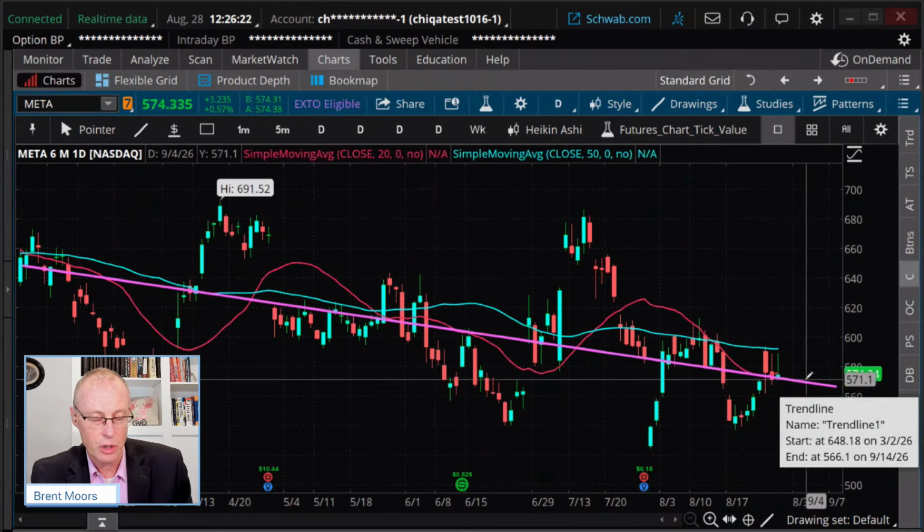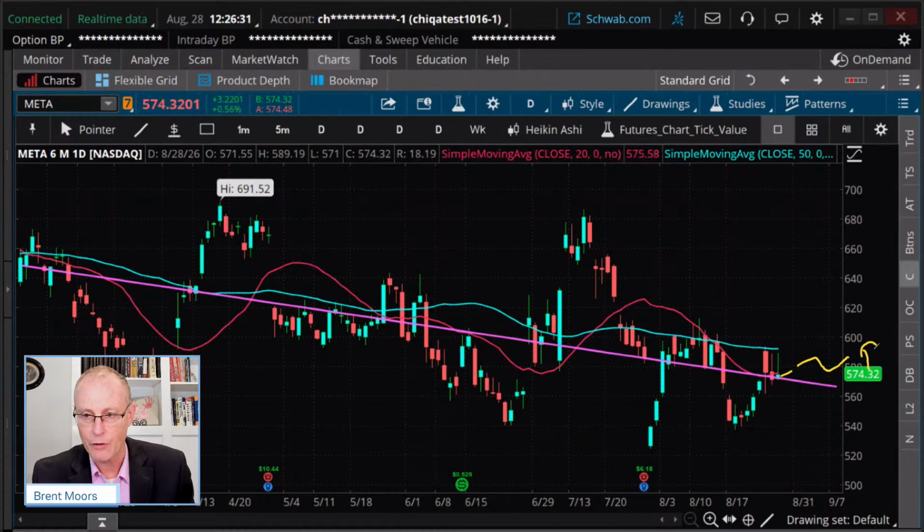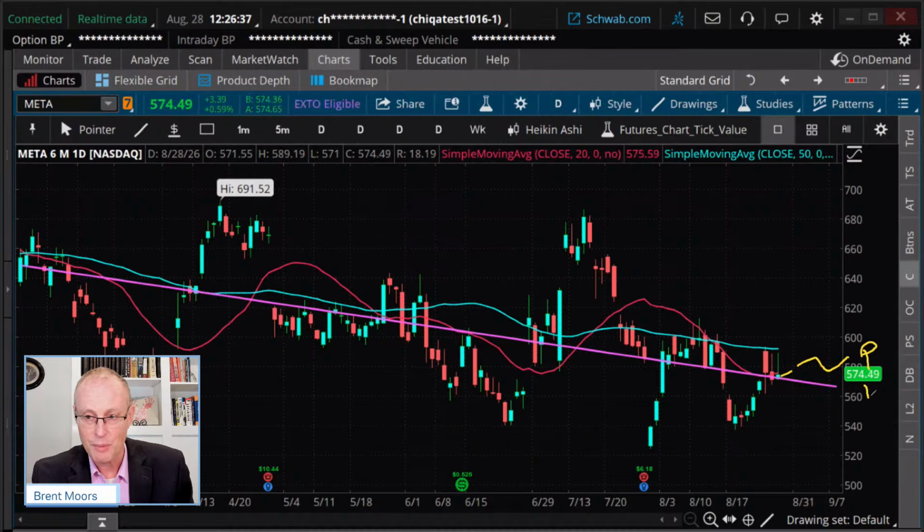So I'm kind of neutral. I want this trade to be profitable if it just kind of continues to go sideways, okay? I want that to be profitable. I think likely it's going to go down a little bit, so I want it to be profitable there too. And if this continues to really sell off, I want it to be profitable. Maybe not as much, but something like that. And I realize I got to give up something, and if we start to break above resistance maybe, then it's probably going to be a loss at that point.